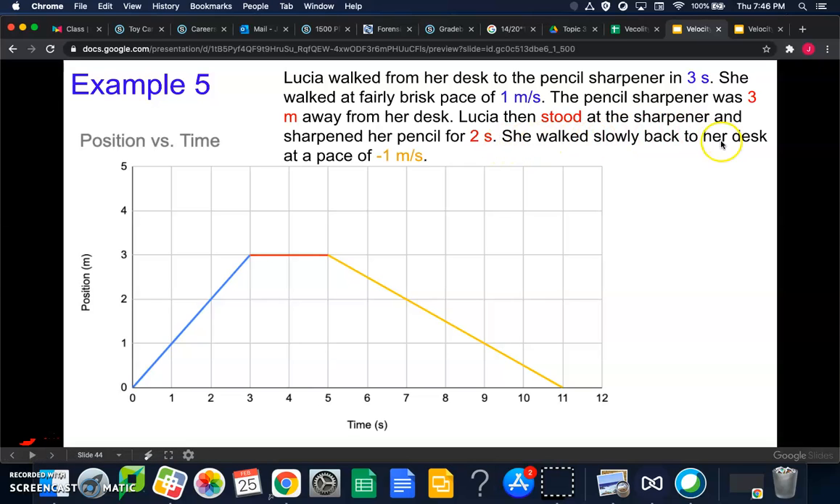She then walked slowly back to her desk at, another typo. Sorry about that, folks. She walked slowly back to her desk at a pace of -0.5 meters per second. And again, we calculated this slope on the last slide, so just look at your notes from the last slide if you want to see where I'm getting that from. It took her 6 seconds to get back to her desk. 5, 6, 7, 8, 9, 10, 11. 11 minus 5 is 6. Okay,